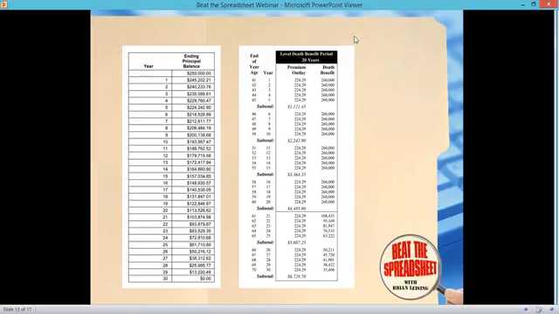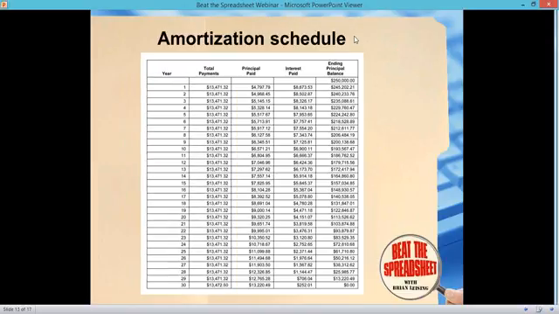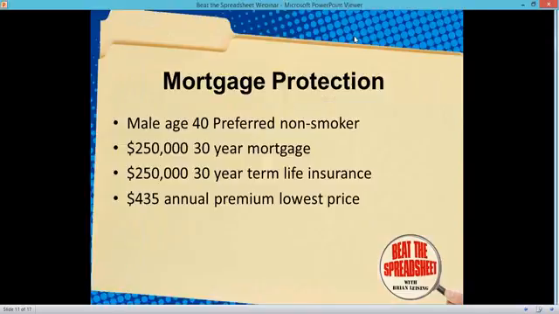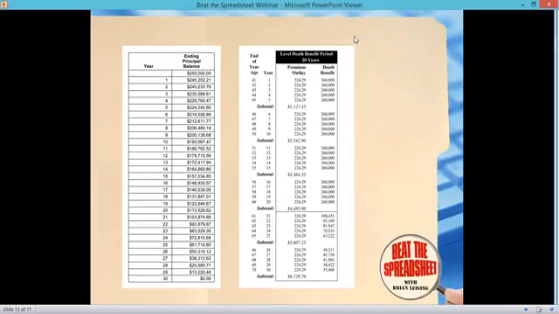Now, to make this work, I had to start out at $260,000. And I'm using a 20-year product in this case. And you can see there our premium is only $224 a year. Now, we'll go back here to this 30-year term for $250. It cost us $435 a year. So now we're down to $224. We've cut a couple $100 off the annual premium for the client, and we've given them $10,000 more coverage. If that's all we did,